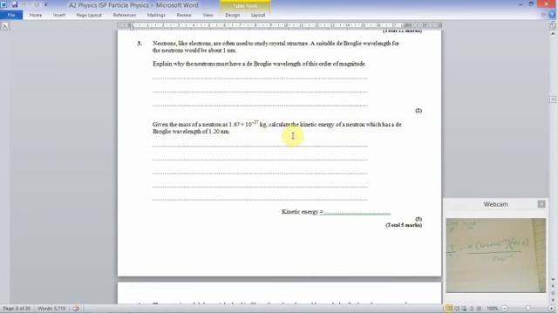Calculate the kinetic energy of a neutron which has a de Broglie wavelength of 1.2 nanometers. Okay, right. So we'll go through this bit by bit. You have the de Broglie wavelength and you want the velocity. The reason why is they want kinetic energy. So when you figure out kinetic energy,